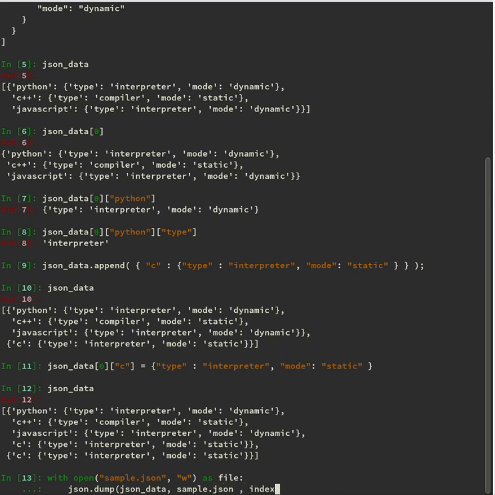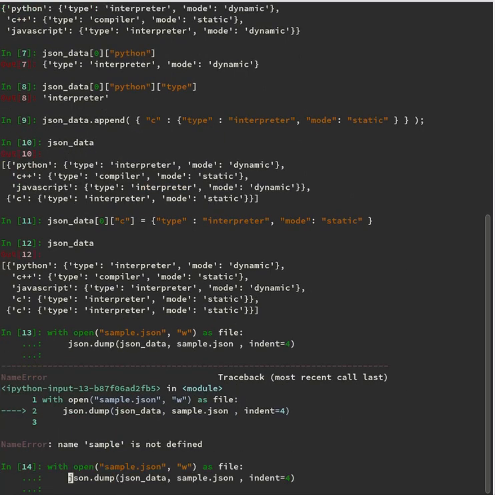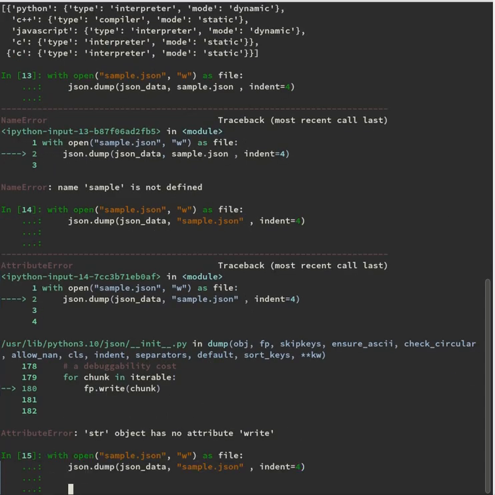And what indent would you like to have, how many spaces? I would like to have 4 spaces of indent, and that's it. Okay, wait a minute, sample.json. Okay, very good. String object has no attribute, right? Okay, my bad, just a minute.